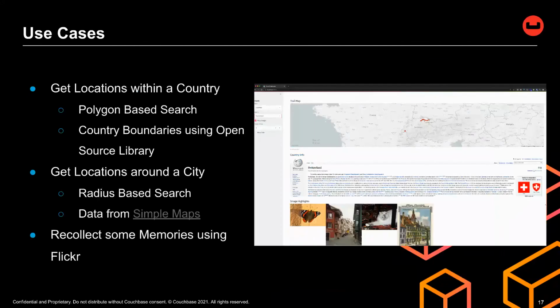Okay, with that, let's go to the use case. What I'm interested in is seeing locations within a country and also getting locations around a city. The locations within a country can be done using a Polygon based search if you have the country boundaries. If you provide all the coordinates of the boundaries, the area within the country is what you are looking for. Whereas with the city, you can do a radius based search, so you can look for points which are within a specific